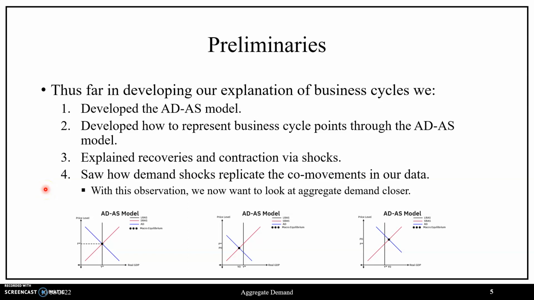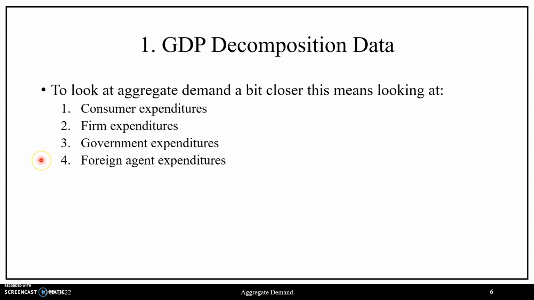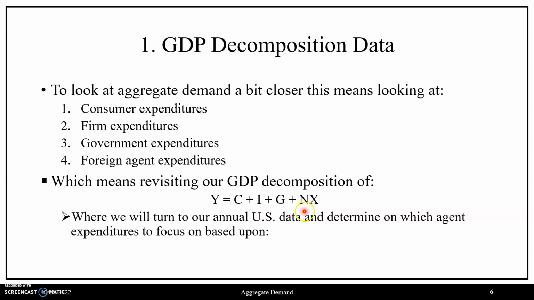Based upon this observation, we now want to look at aggregate demand a bit more carefully, as this can give us greater understanding on the sources of demand shocks in an economy, as well as perhaps provide us some insights in terms of how an economy goes from a short-run equilibrium state back to a long-run equilibrium state. So with this in mind, to look at aggregate demand a bit more carefully, this means looking at consumer, firm, government, and foreign agent expenditures a bit more carefully, or means revisiting the GDP decomposition in the form of GDP being the sum of consumption, investment, government expenditures, and net exports,